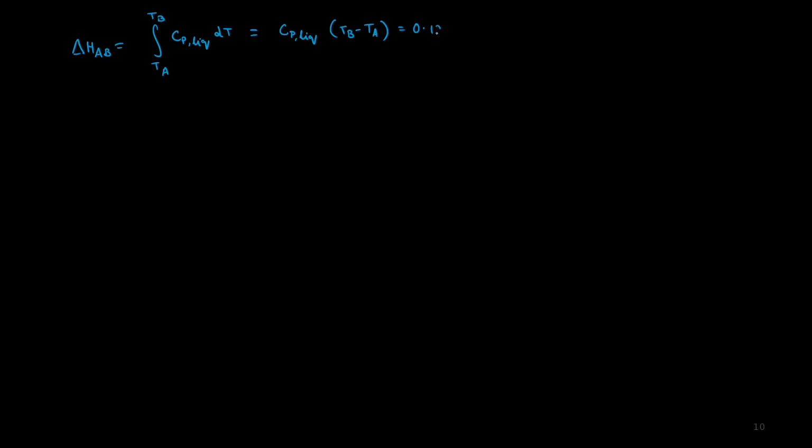So that's 0.1297 times 340.08 minus 300, which is 5.198 kilojoules per mole. That's delta H AB. If Cp liquid is not independent of temperature, I can still do the same integration. It's going to be a little bit more elaborate expression, and then I will end up with the numerical result anyway. For delta H BC,